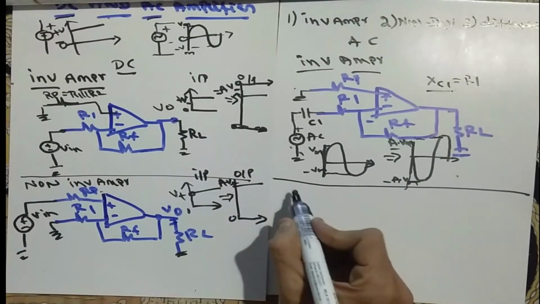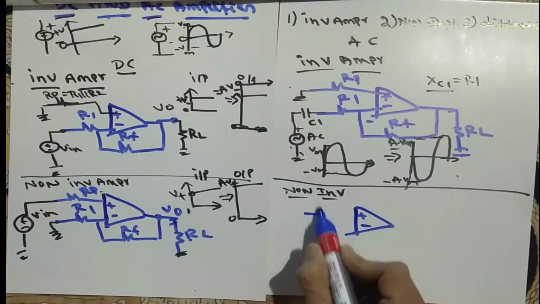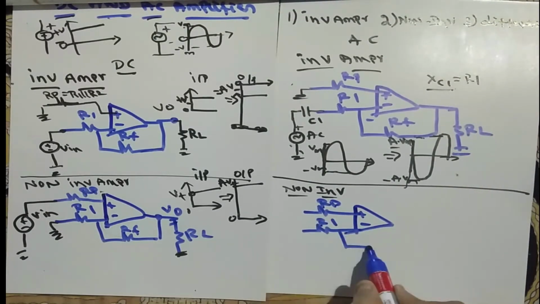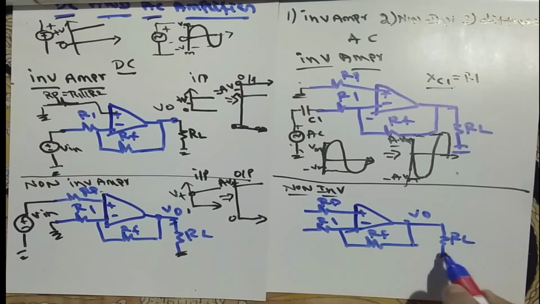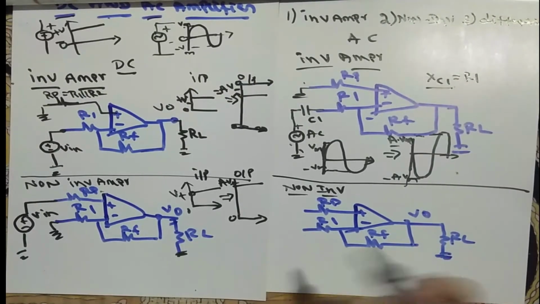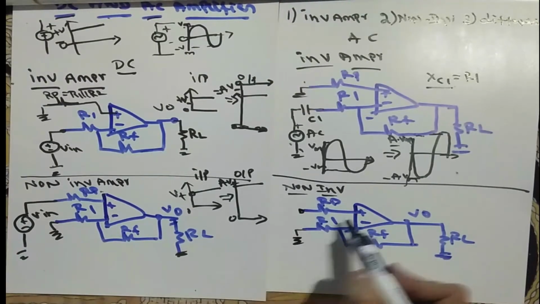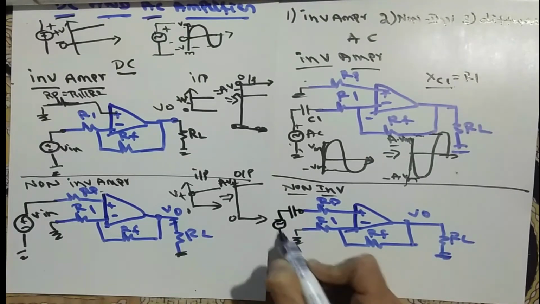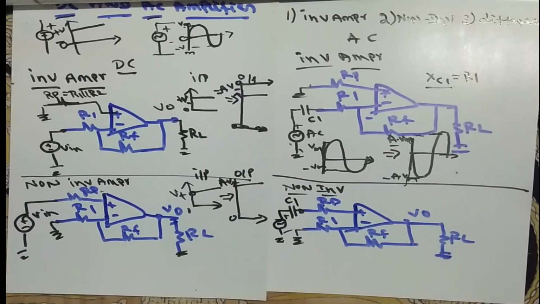In a similar way we will go with the non-inverting amplifier. The starting structure remains the same, positive and negative. We have one resistance called RP, one resistance called R1, one more resistance called RF, and at V0 we can take RL. These are the same positions. The thing we have to change: for non-inverting, the negative terminal is connected to ground, and only at the positive terminal we have to add the AC signal. Before adding the AC signal we use a capacitor, for that use the AC signal ground. This is called C1, and the operation is similar to what we discussed previously.